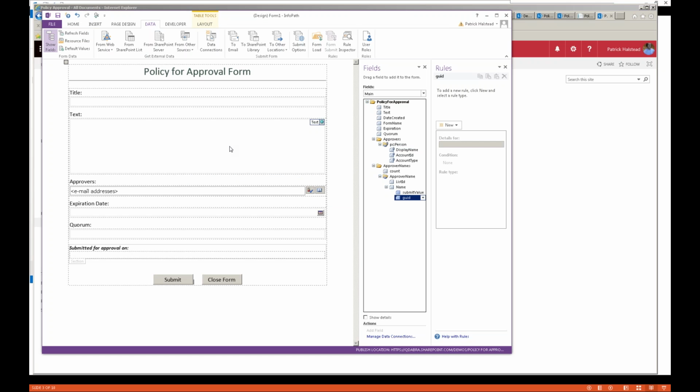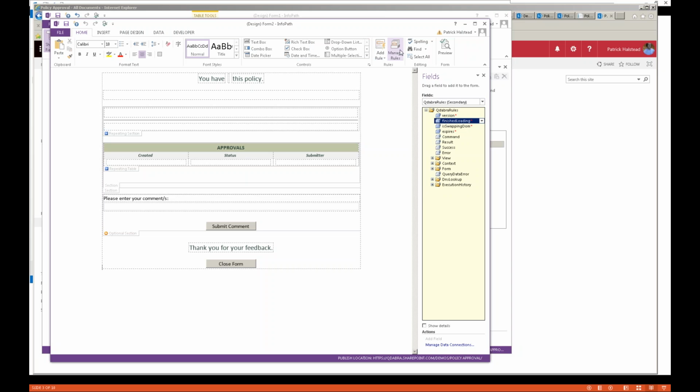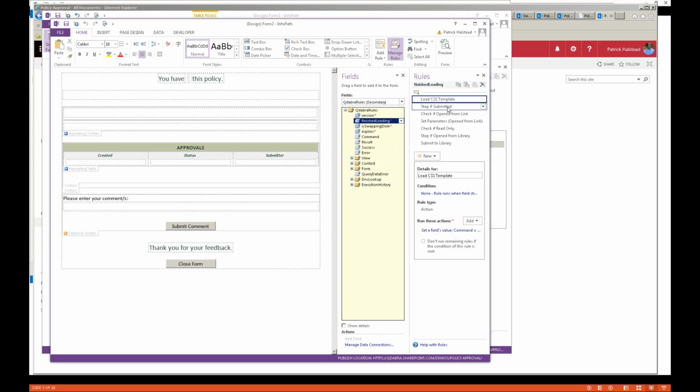So here again is the policy form. One of the key tricks that we're using here to create this multiple simultaneous same-time feedback is we have two forms. So we have a parent form and a child form. The child form then can be opened, because it's new, as many times by as many people as we want in parallel. There's no locking. What the child form does on open is it queries the parent form, which is the policy for approval form. And you can see these commands here. It's going to query,